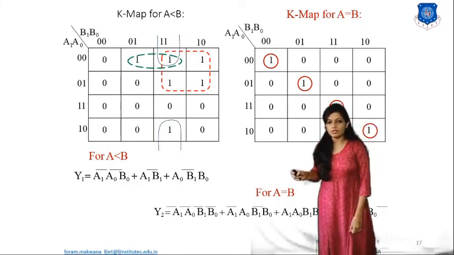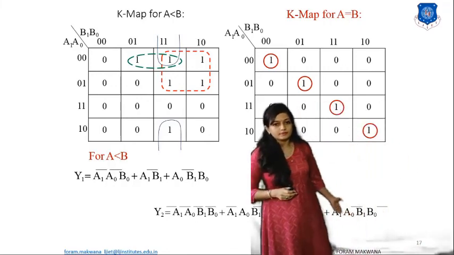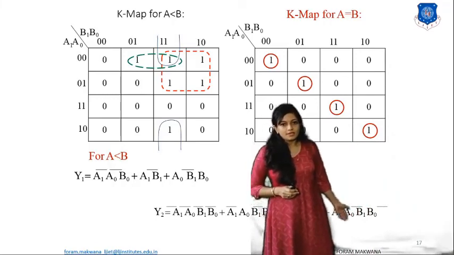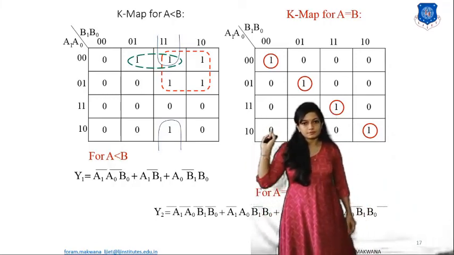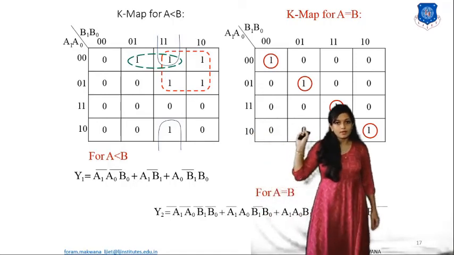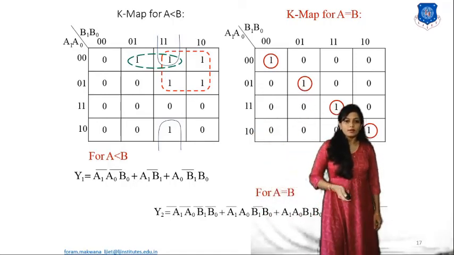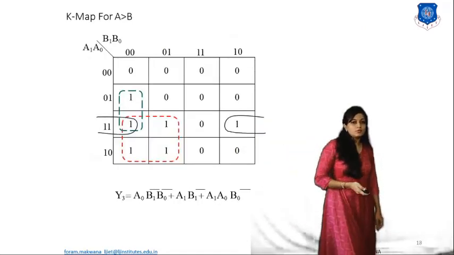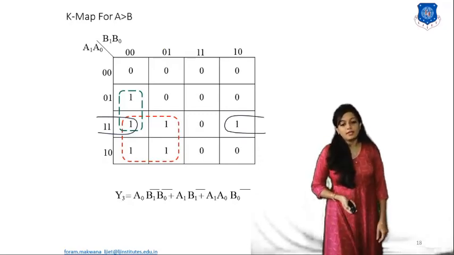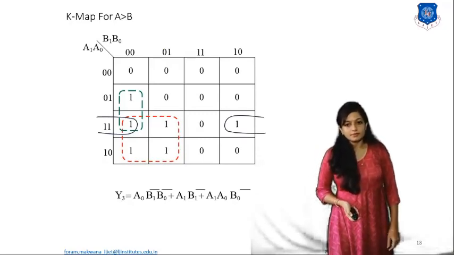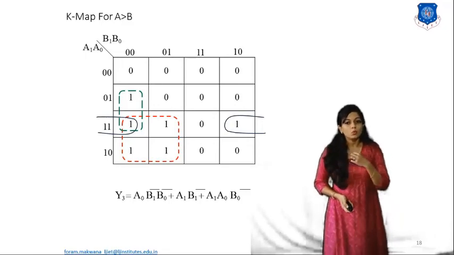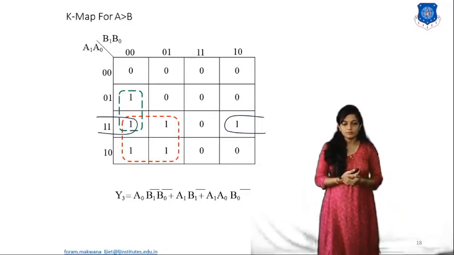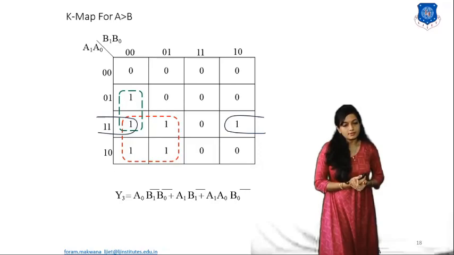And the last combination, this one: A1, A0 bar, B1, B0 bar. Okay, this is for A equal to B. Now for A greater than B, what will be the output? For A greater than B, it is like